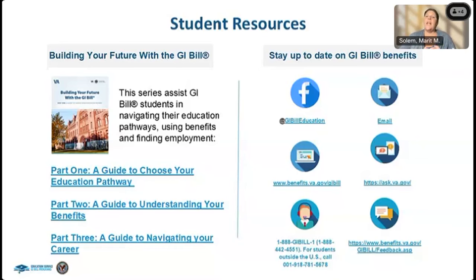But if you send a message to ask.va.gov, that's like a written correspondence where you send in a question and then they respond back. We also have a GI Bill hotline. The number is listed there. It's 888-GI-BILL-1. And there's also a feedback tool available there.